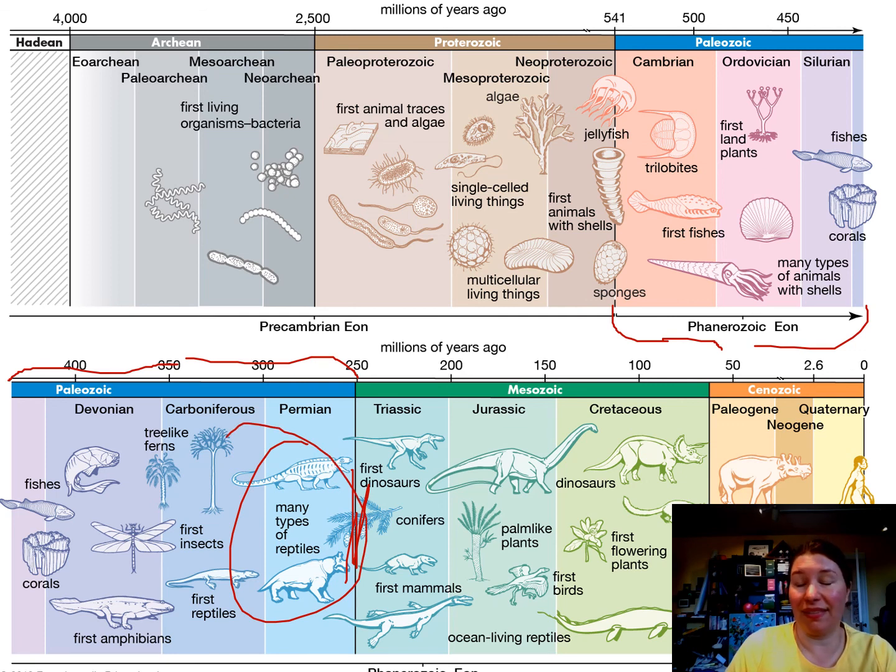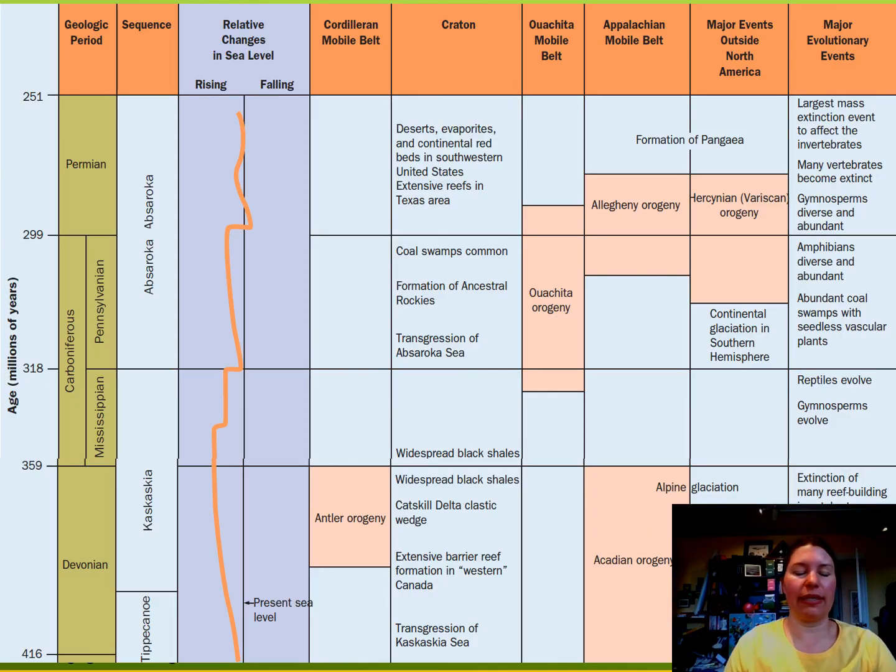But then for the Mesozoic, which will be the next one, we're going to see eventually the first dinosaurs and the first mammals, but the stages for those organisms have already been set here at the Permian. But then we have a big extinction event to kind of wipe the slate clean, and the Triassic is going to be kind of crazy.